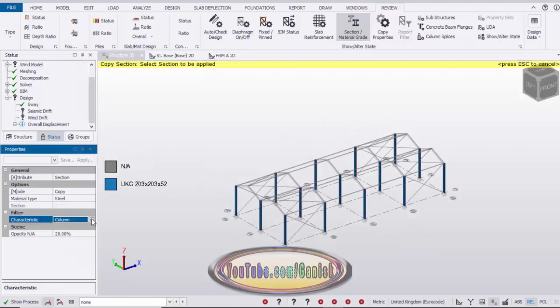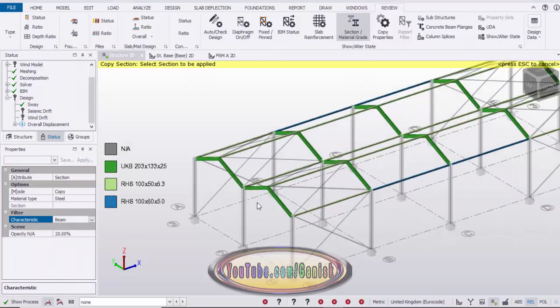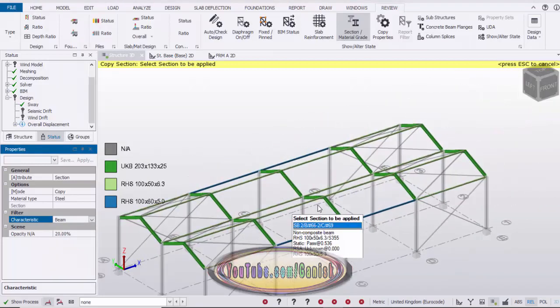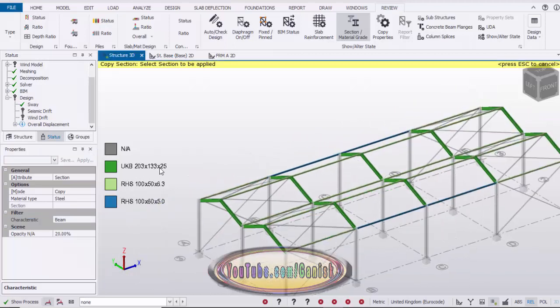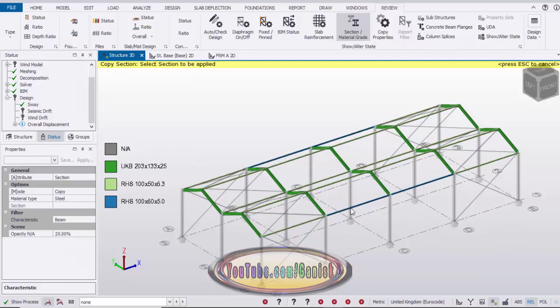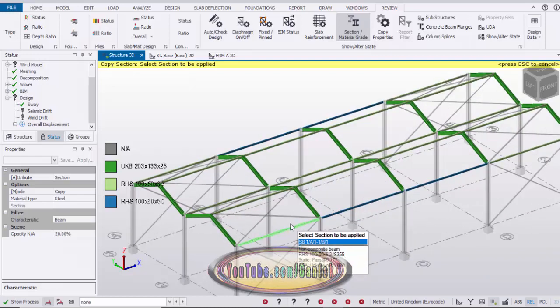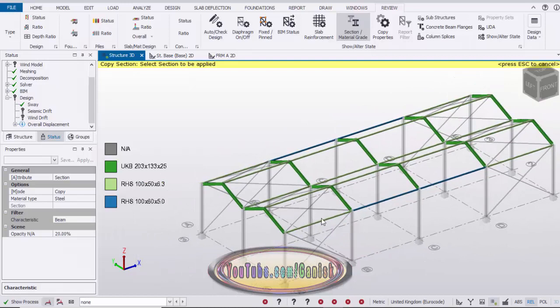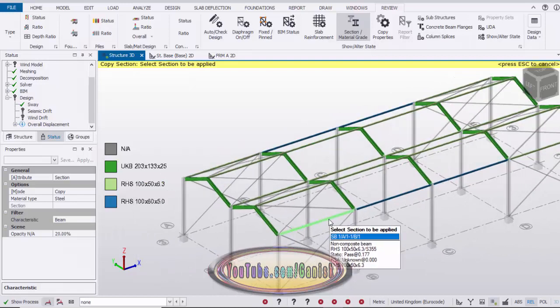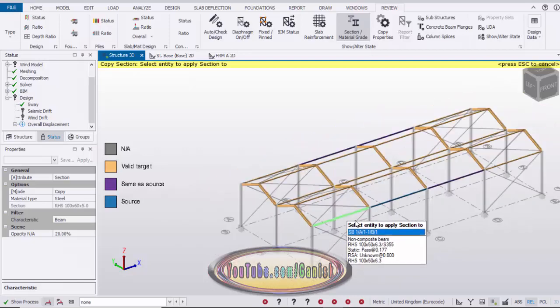Now we're going to check the rafter sizes also once again. So click on here and select the beam. Okay, all rafters are the same size. You can see 203 133 by 25. So there is no issue with it. Now we're going to change the size of this pipe strut. So we're going to apply this size to all the remaining struts.